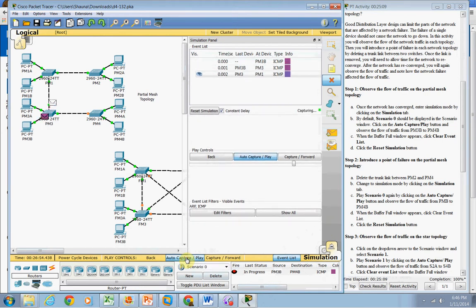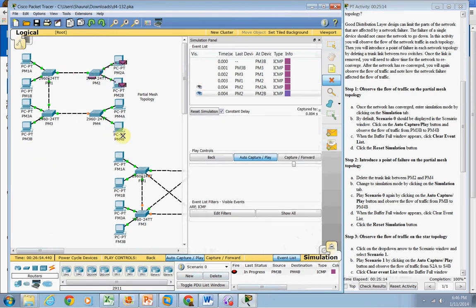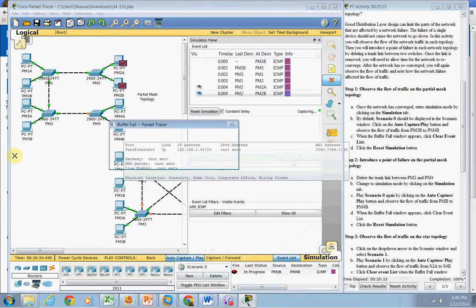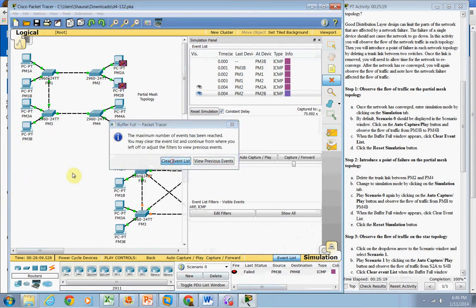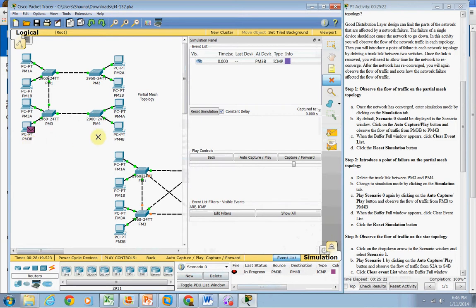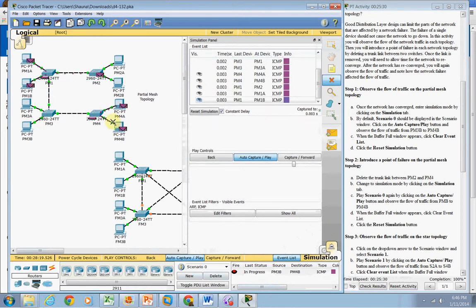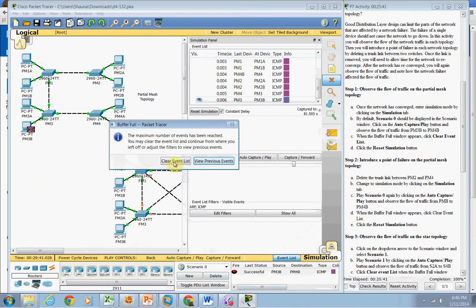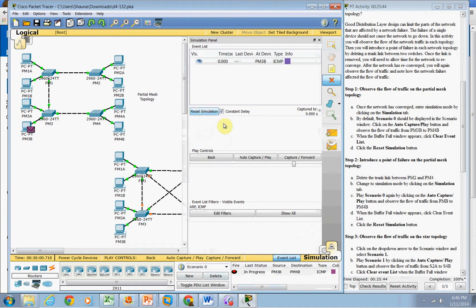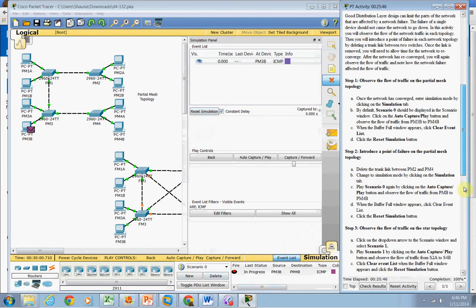and observe the flow of traffic from PM3B to PM4B. So it just goes this way. Instead of going up and down and around, it just goes that way. Okay, let's clear the list, reset,